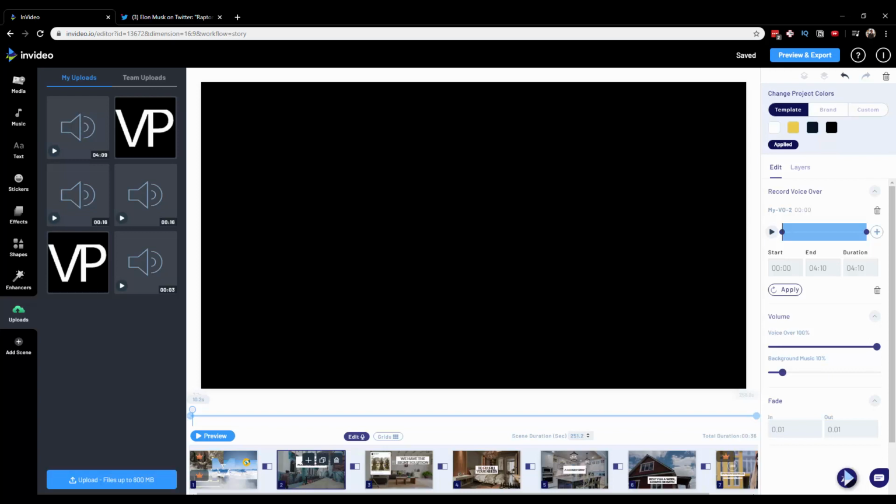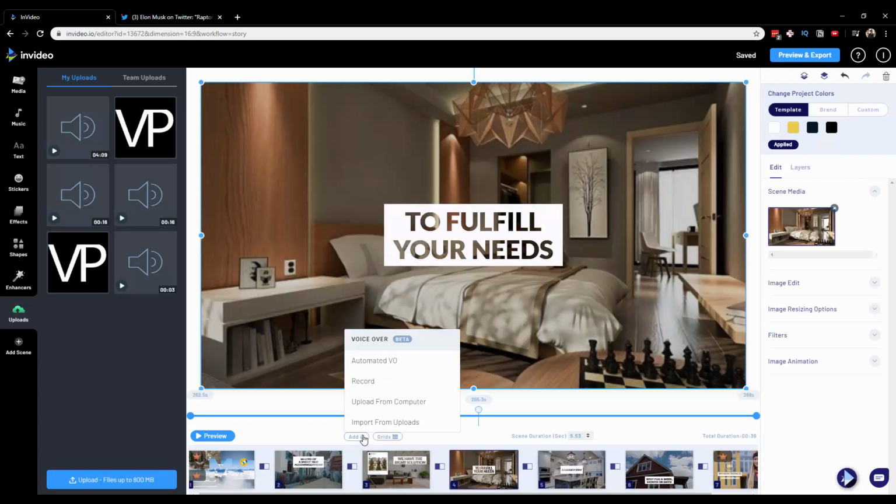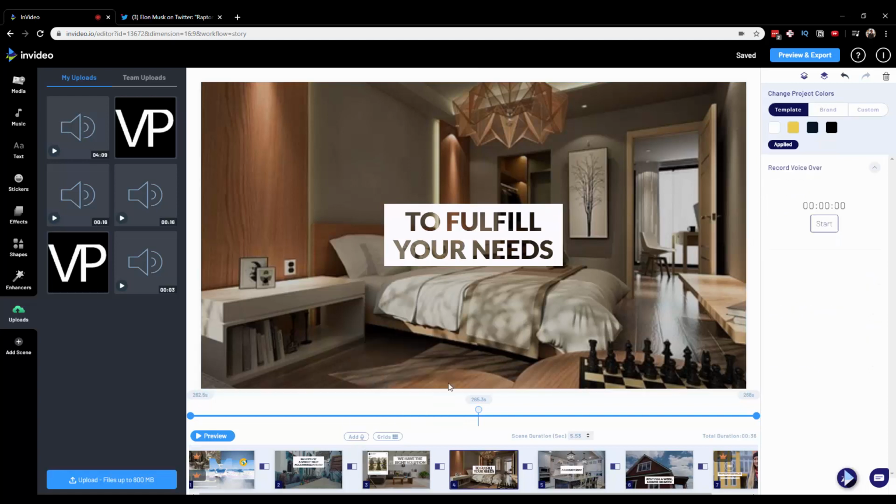voiceover is cut up in different sections, or if you use the voiceover feature inside of InVideo to just press record and then press start. And now I'm recording the voiceover to fulfill your needs. And then I press stop, and then it uploads it, edits it. This takes a little bit of time. This is longer than Content Samurai, but still pretty quick. And you can just record the voiceover within the slide on a per slide basis. That would work. But I prefer just recording in Audacity and then importing it and just using the workaround to